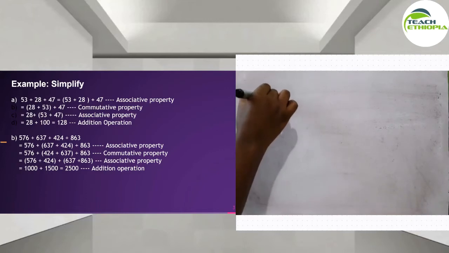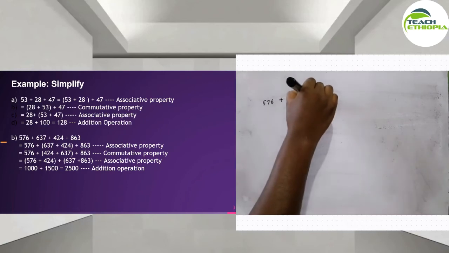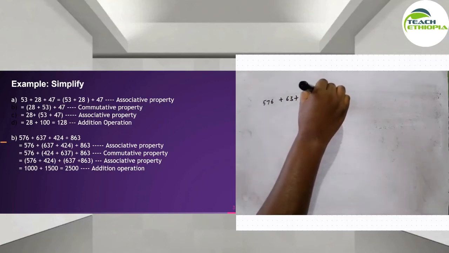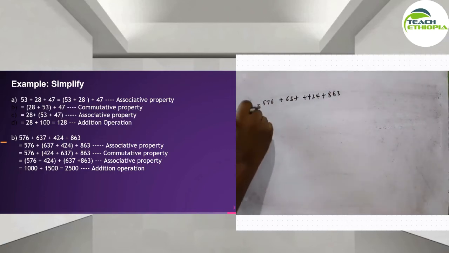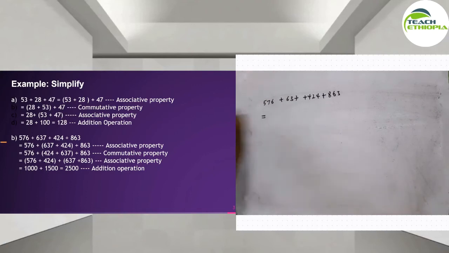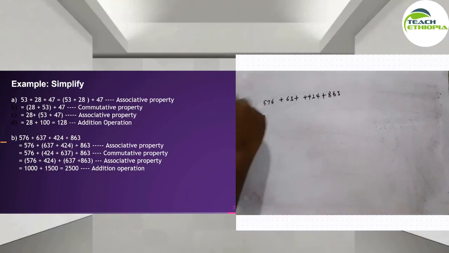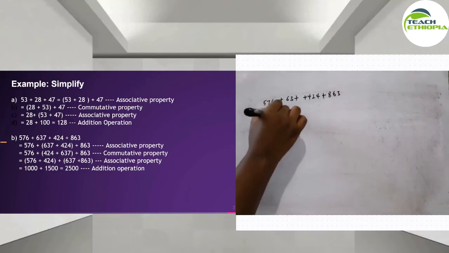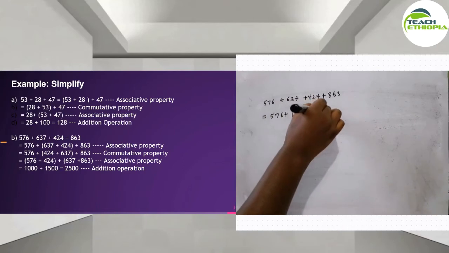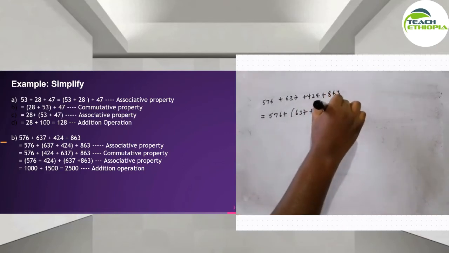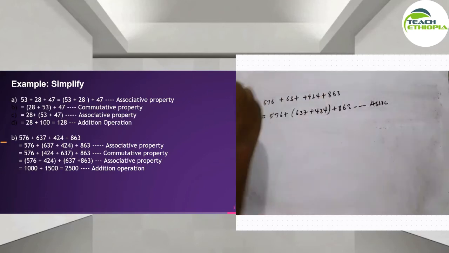Similarly ሌላ ጥያቄ ስናይ 576 plus 637 plus 424 plus 836 ይሄ ቢሆን የመጀመሪያው ነገር በአሶሲዬቲቭ ፕሮፐርቲ እስቲ እናገናኛቸው። ስናገናኛቸው 576 plus ይሄኛው 3 plus 424 plus 863 this is associative property. Similarly